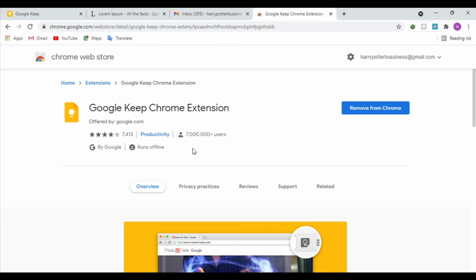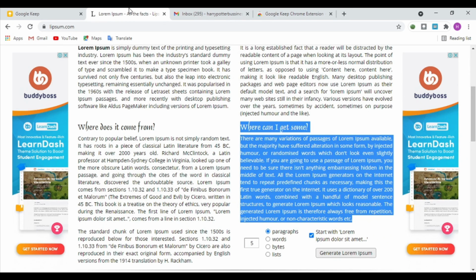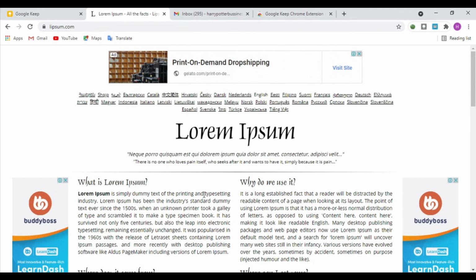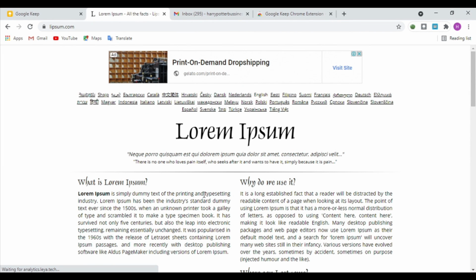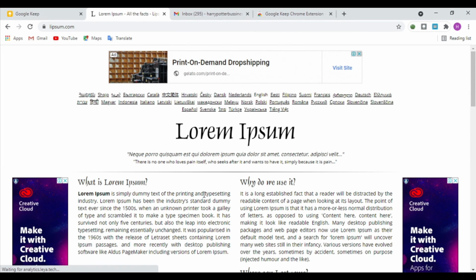What is the use of a Google Chrome extension? Let's say you are on a website and you want to add a note about the website.